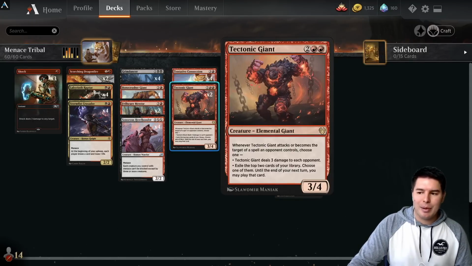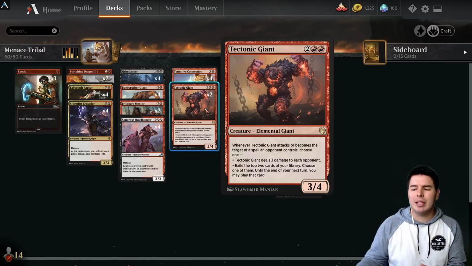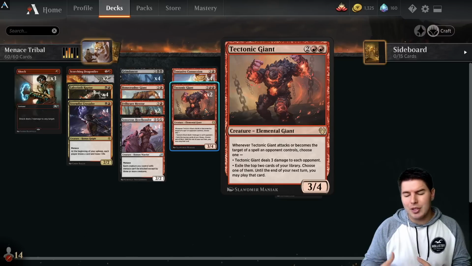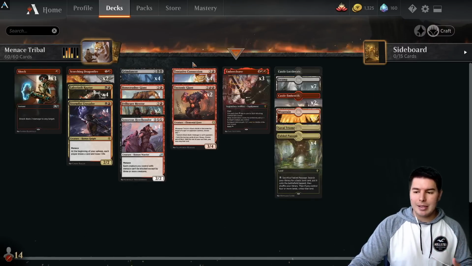And basically the same type of thing with Tectonic Giant. Tectonic Giant is just a really powerful value card up in the top, and I wanted something to finish off the deck with us, something that can get through for a little bit extra damage on top of everything. And then the one last reason that we want to be playing Menace in general is